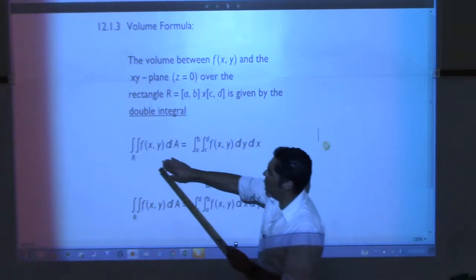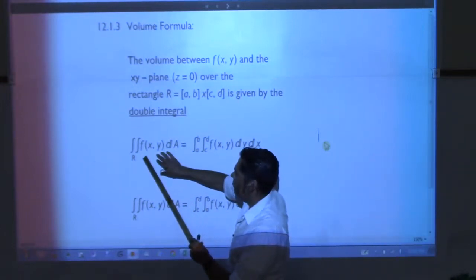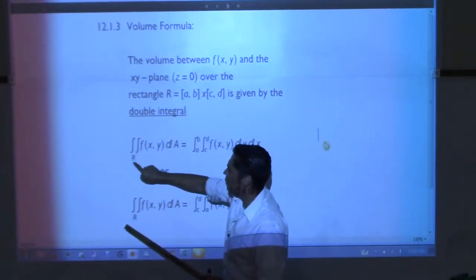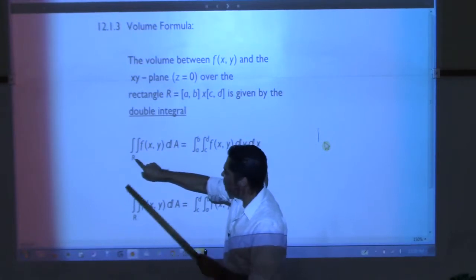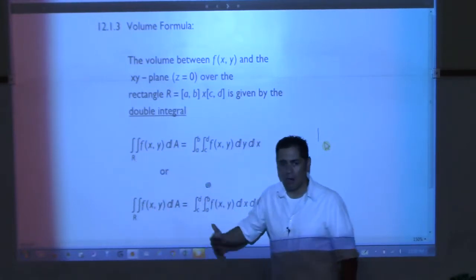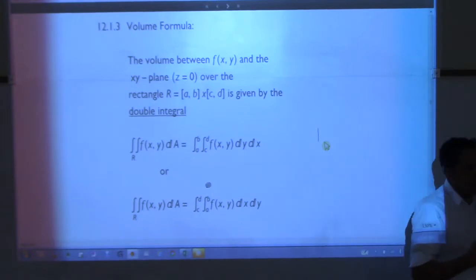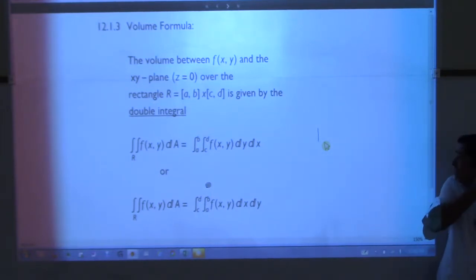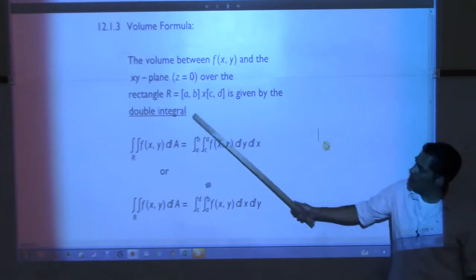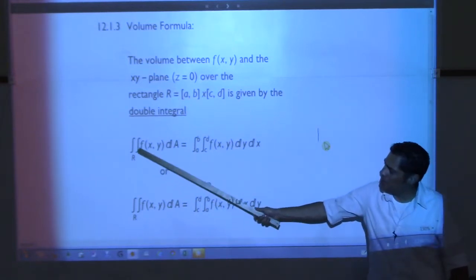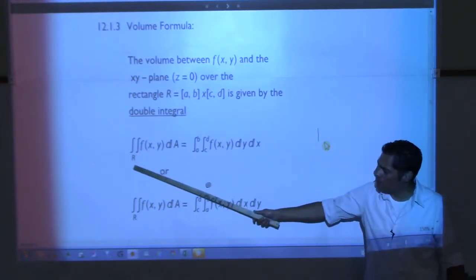So this is the first time we've seen this notation right here. Double integral over capital R. That's the way you would write this. Capital R stands here for, you could say, rectangle. Later on, capital R is going to be region, so we don't want to confuse the two. But for this problem, R is going to be a rectangle, so you're taking a double integral over the rectangle